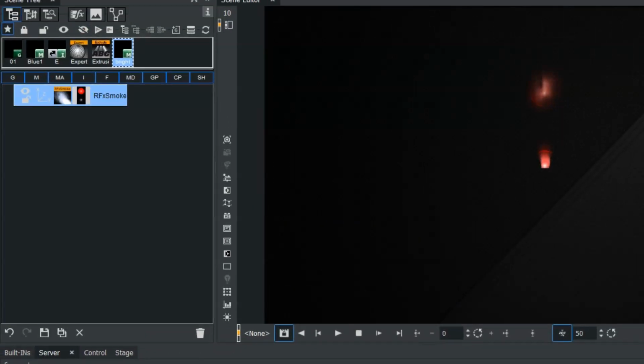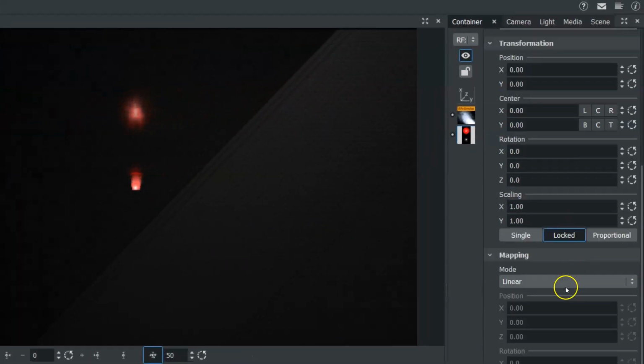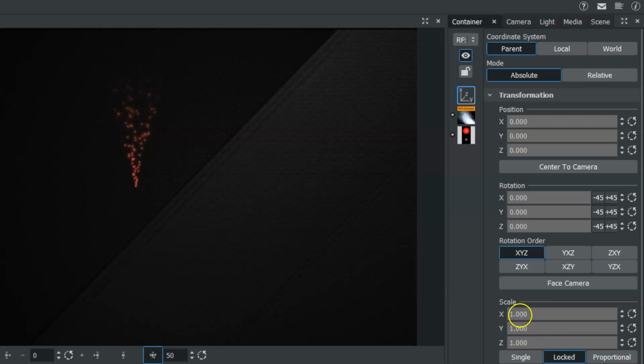We'll click on the image to go into the image properties here, and we need to change this mapping from the default linear to the vertex setting. So let's reposition this flare a little bit and scale it up just so we'll be able to see this